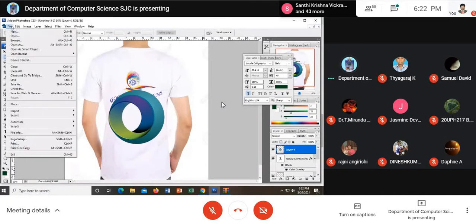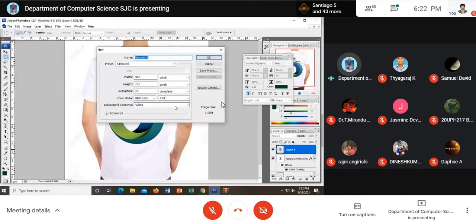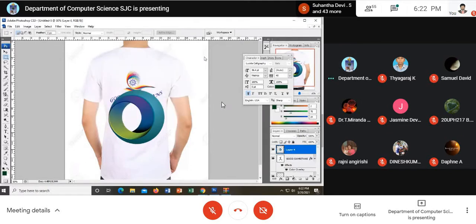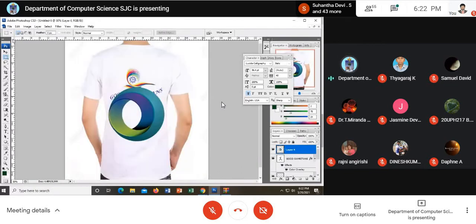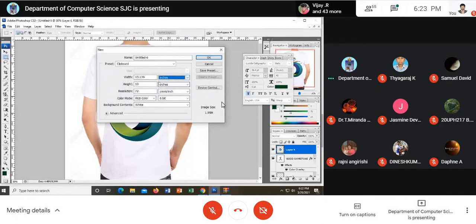Now be clear. The flex banner size varies. There is no fixed size at all. So we will have to think what design we should go for. For example, look here. I just designed a 5x3 welcome banner, and the resolution is 600. It's supposed to be in inches. New file: the width is 5, and the height is 3. The resolution is 600.